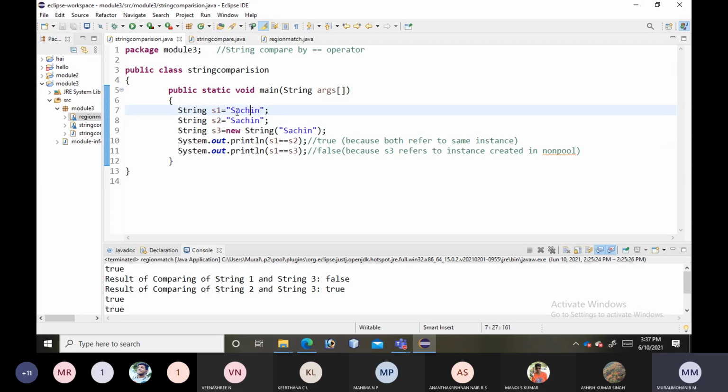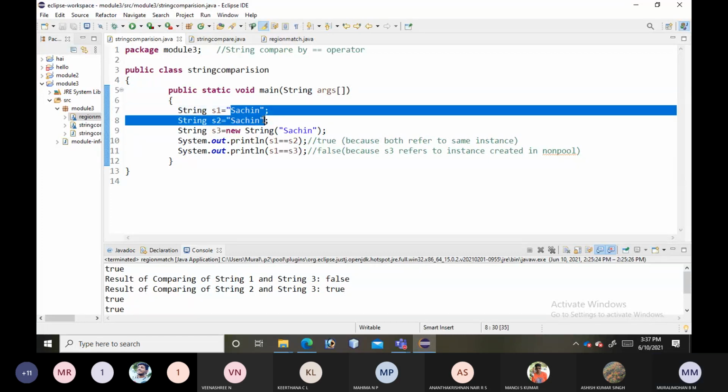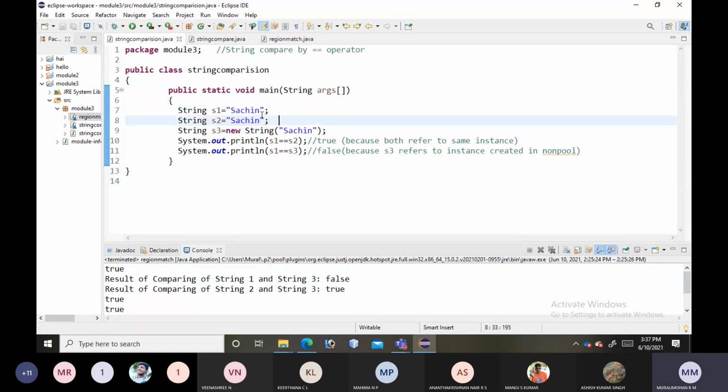Compare S1 and S2 content-wise: both are exactly the same, including the uppercase and lowercase characters, right? Yes or no? Yes, sir.